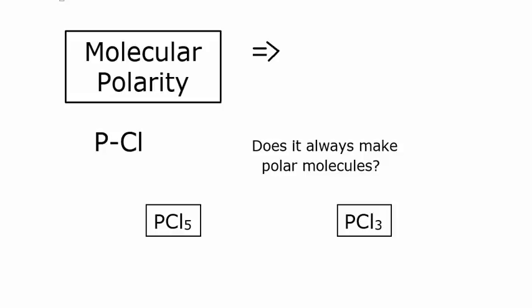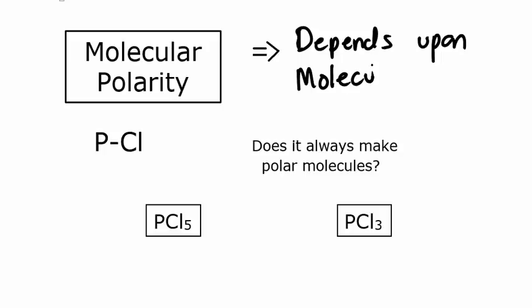In another video about electronegativity, we've talked about what makes a bond polar. But this video is about what makes a molecule polar. And what makes a molecule polar will depend upon the shape of the molecule. If you just look at a single bond, like the phosphorus-chlorine bond, you will find that the chlorine side is